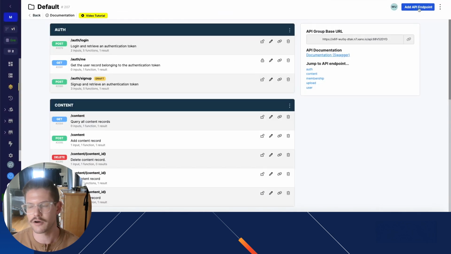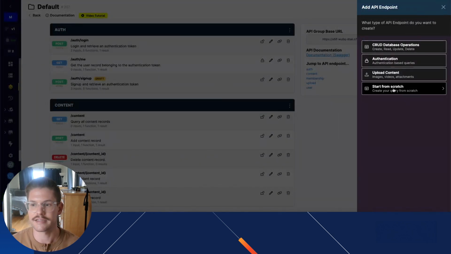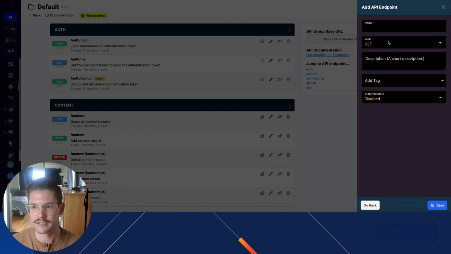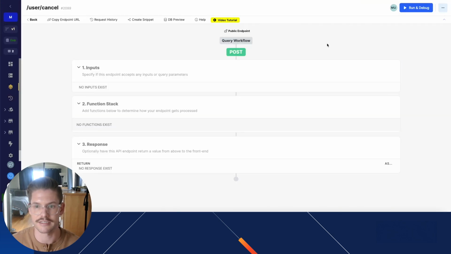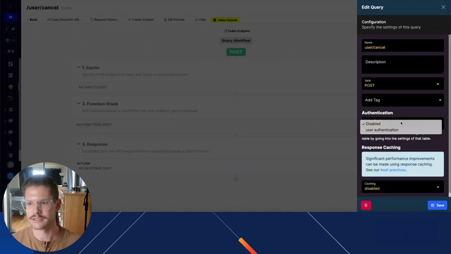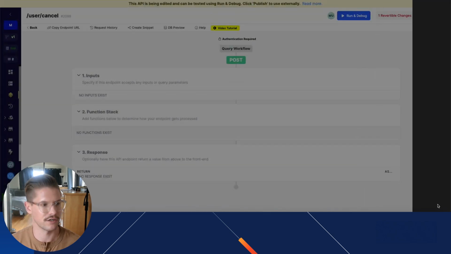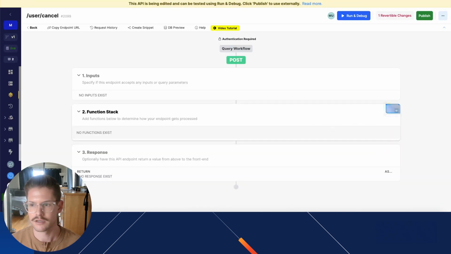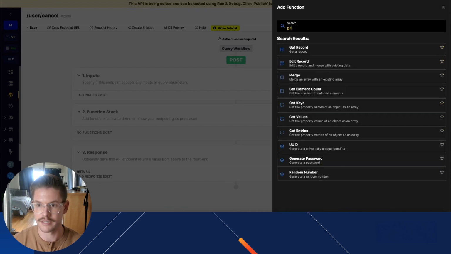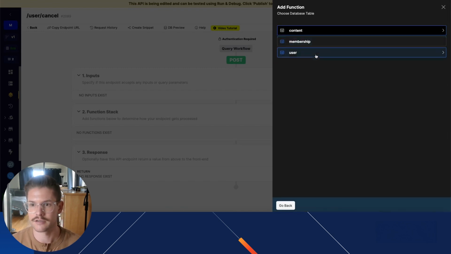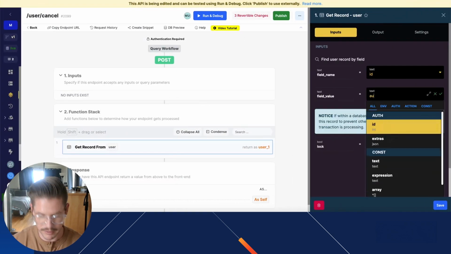And next I'm going to go ahead and create that cancel flow, right? So this is going to be another post here, and I'm just going to call this user/cancel and hit save and create this. Okay, so with our cancellation endpoint, let's also make sure we have our user authentication on. We're going to go ahead and start with a get record from our user, because we just want to be able to get that